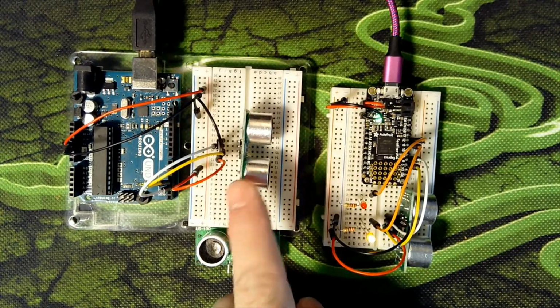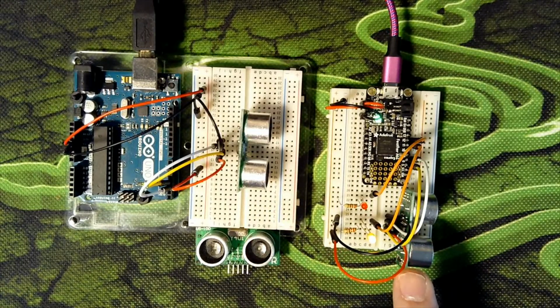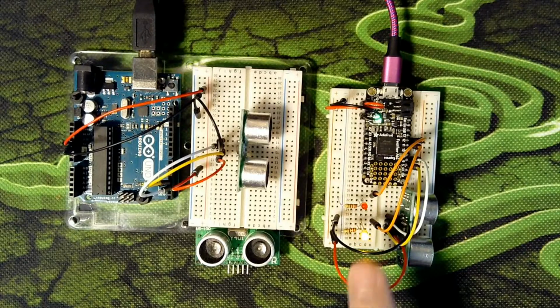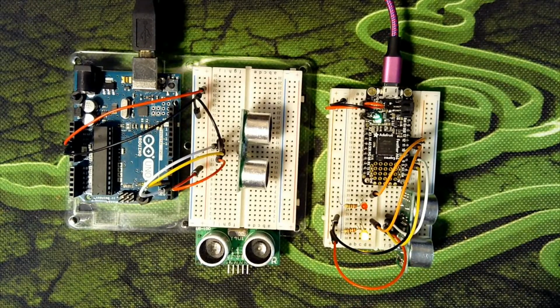In fact, these are exactly the same type of sensors, along with a couple of LEDs that I have here that I'll be talking about when we get to that part of the programming. Some extra features you might want to add into your control program, but they're not required to make the ultrasonic